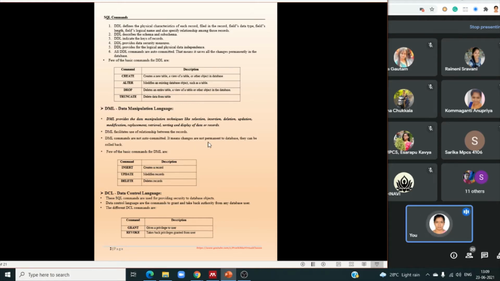It means changes are not permanent to the database, and they can be rolled back. Rolled back means undoing the changes. If you update by using the update command, it can be rolled back. If you want to make changes permanent, you can use the TCL commands. Some of the DML commands are insert, update, and delete.